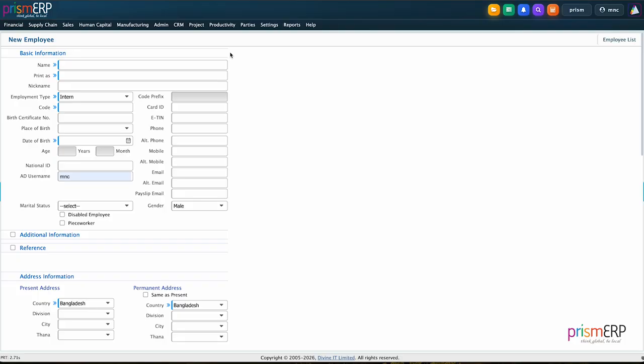Here is the page. We will enter information section by section. Before we begin, please note that all the information and data used in this demonstration are for demo purposes only and do not represent any real employee or actual organizational data. First is basic information. For basic information, enter the employee's name,